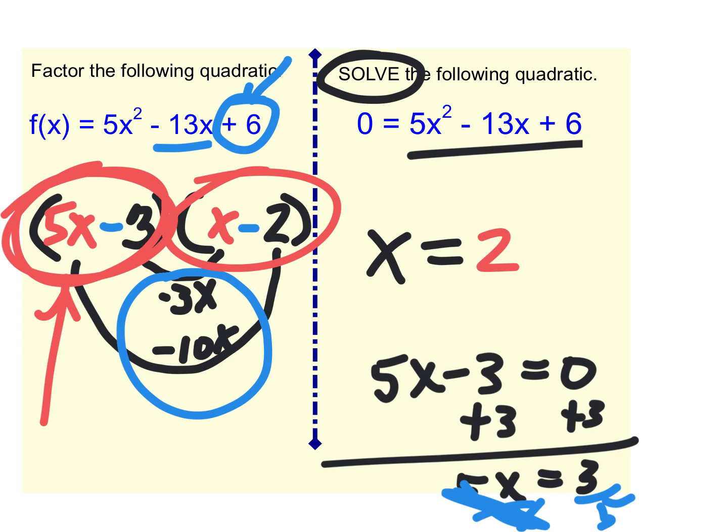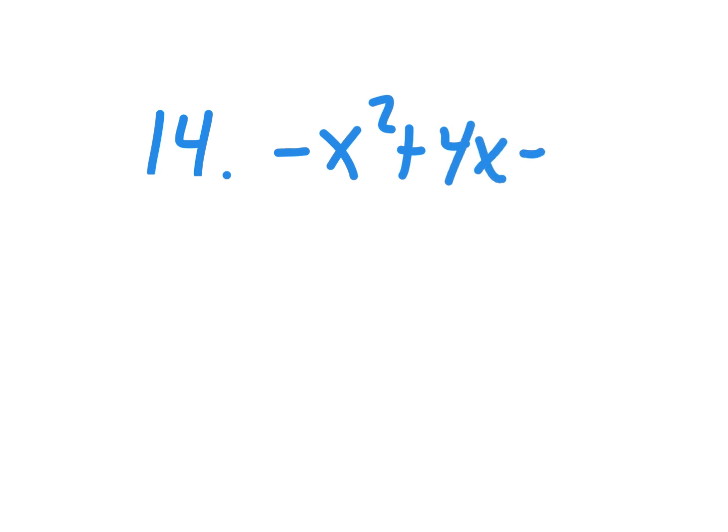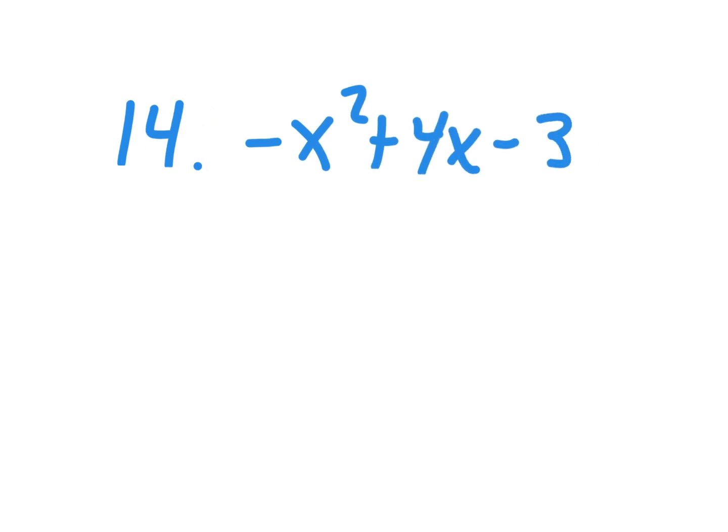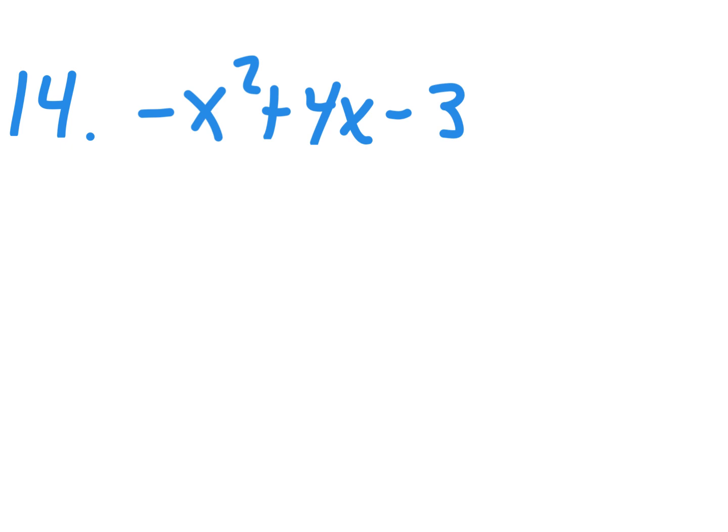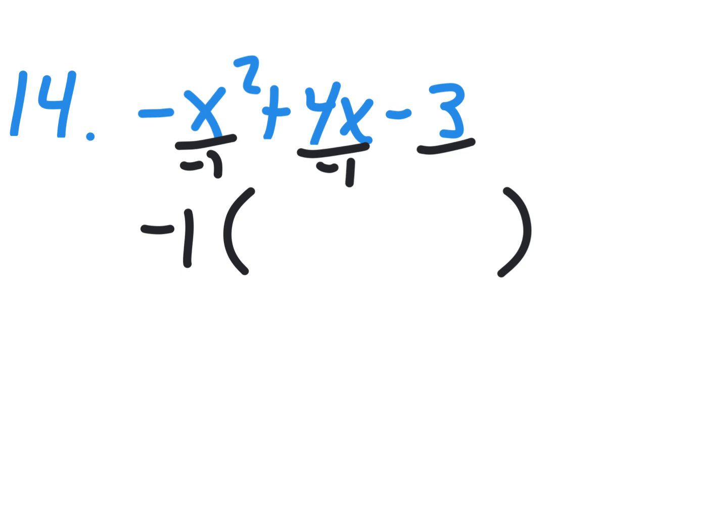All right, here we go. So for number 14, Maura, would you just read me number 14 in the front row? Negative x squared plus 4x minus 3? Okay. So then, I hope you learned this now today. You take out the negative 1. Daniel Kurth, after I took out the negative 1 on problem 14 on the worksheet, what do I have left on the inside of the parenthesis? X